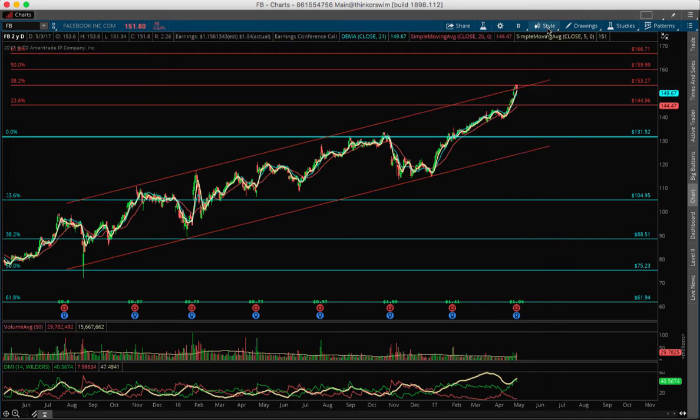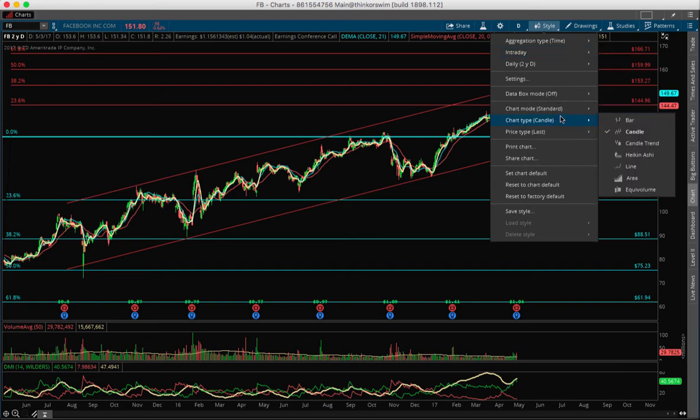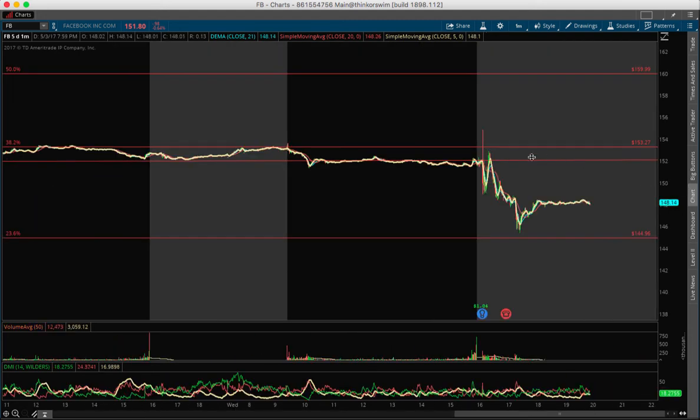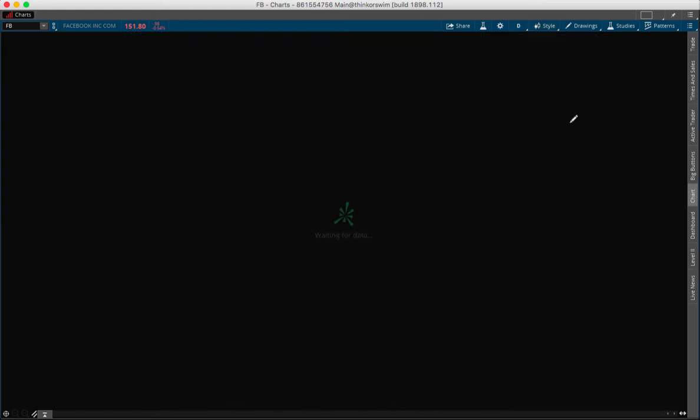Facebook long term is bullish, but look at what happens after hours. Let me show you what happened after hours. It broke down. It failed at the top, which was high probability. It failed right there. It moved down to 145 and then bounced a little bit and then is moving down to 148. So I think based on this chart, we have to wait for a nice dip